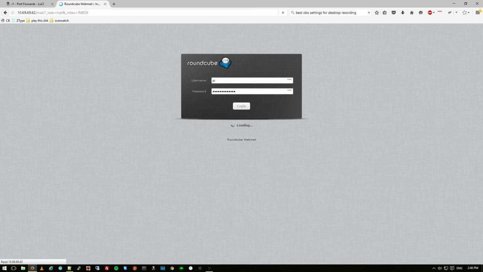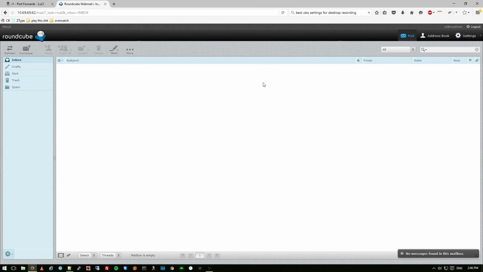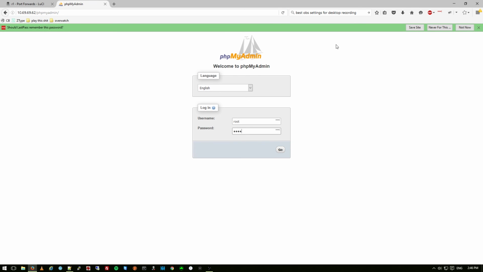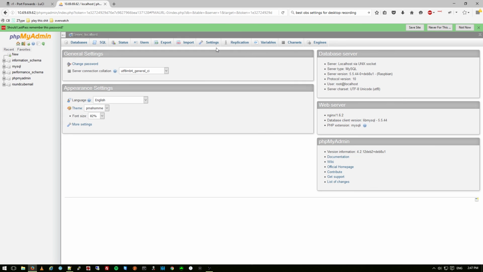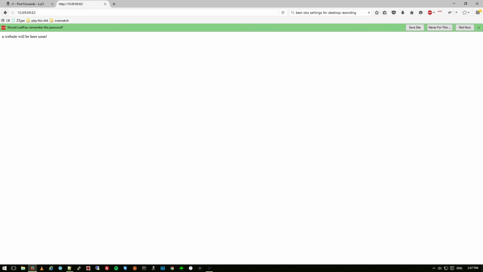But as you can see, it's working much faster than when I was accessing it from the Raspberry Pi itself. If you remember, I have also configured phpMyAdmin on this machine, and you can see phpMyAdmin is loading up much faster than locally on the Raspberry Pi itself. If I was to just access the website which is running here, the website would open, and yeah. Now